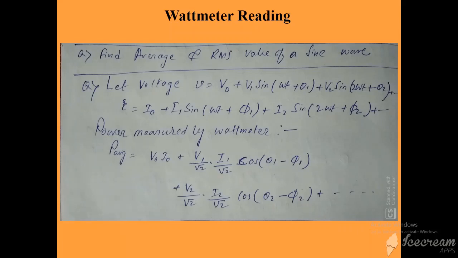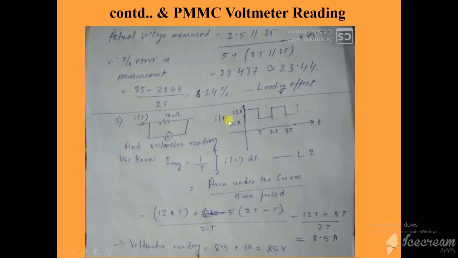Now the problem arises when, just for example, instead of this waveform we are given a waveform of 5 amp above, 5 amp below, then again 5 amp above, 5 amp below. In that case, what will be the average value? 0. If above it is 5, below it is also 5, then repeating itself, the average value will be 0. That is why a sine wave has a 0 average.